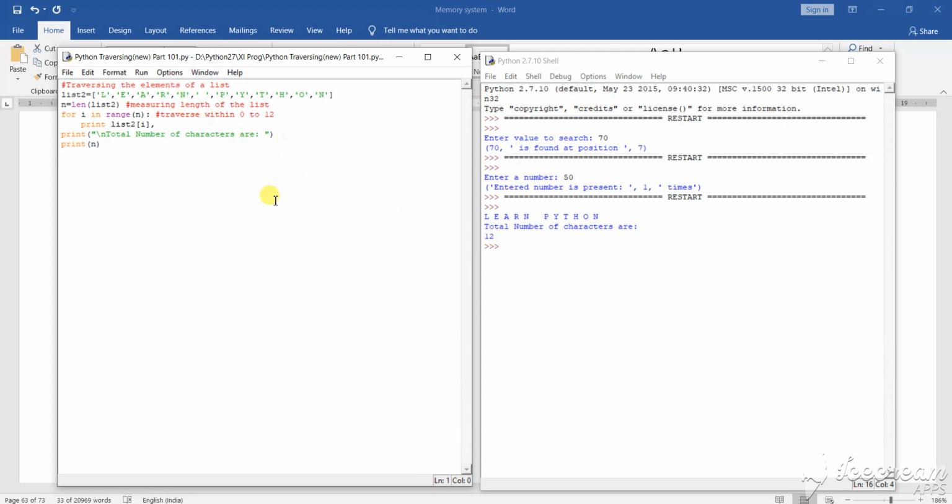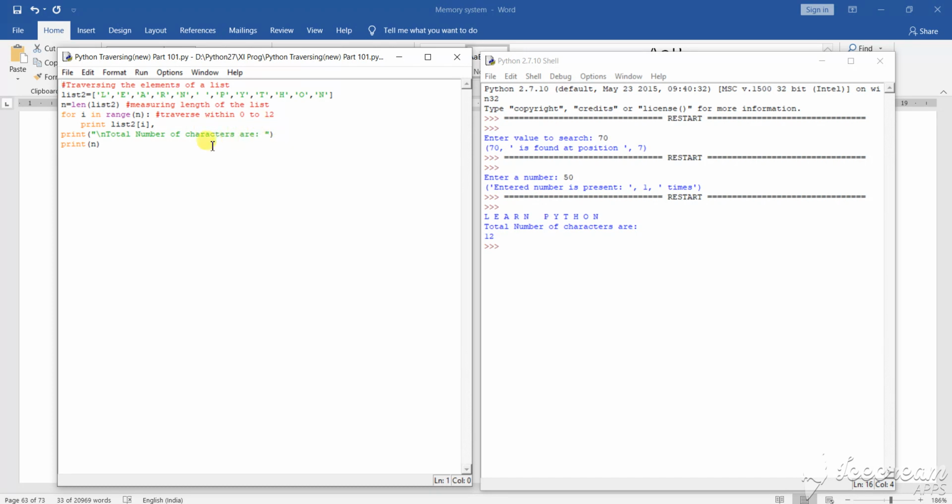So in this particular workout, it finds that 12 is the length of this list item. If you use another list, if you change this list, you will see that the result will change. Now, traversing means it will run within that particular range, as the range has been calculated.